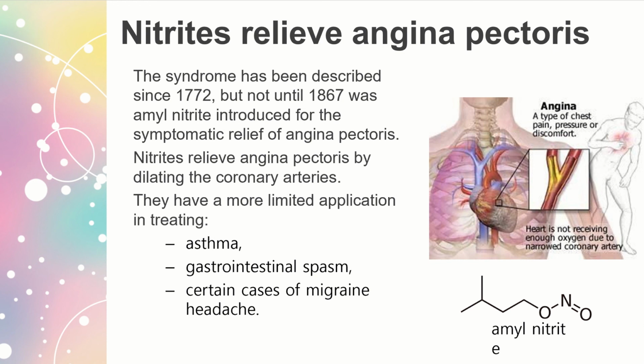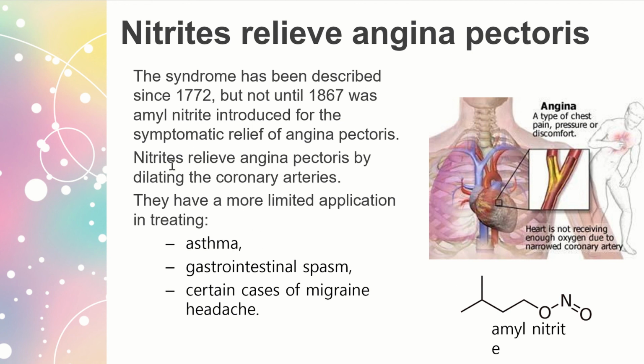So the syndrome has been described since 1772, but it was not until 1867 that amyl nitrite was introduced for the symptomatic relief of angina pectoris. So amyl nitrite, the structure for it is seen here. So this is a nitrite,